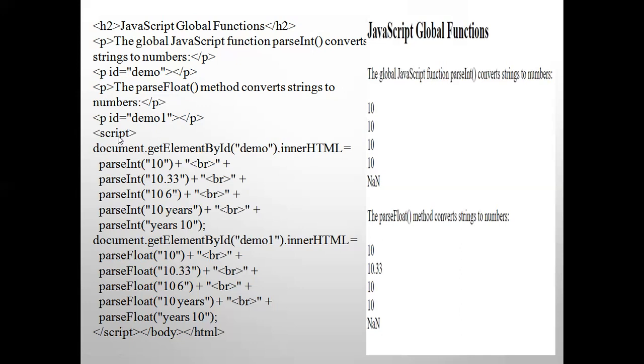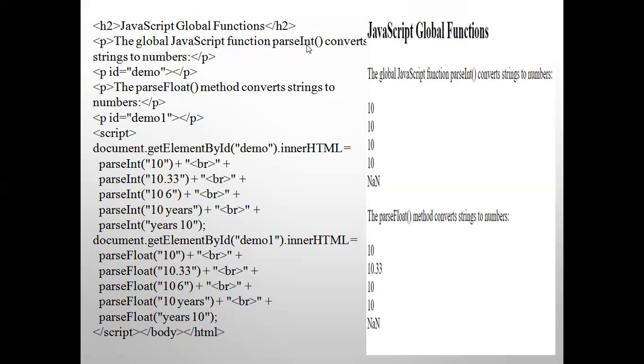Start with the script. Here I have used the method document.getElementById demo. Here it is taking parseInt first. innerHTML, parseInt of 10. This is an integer.